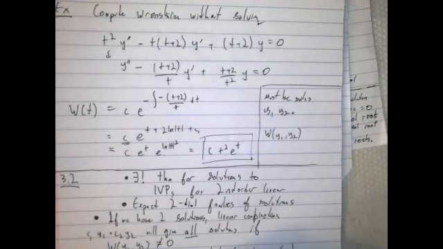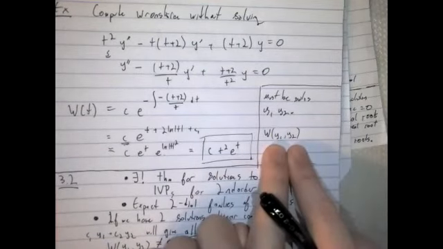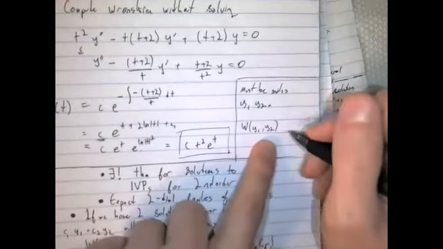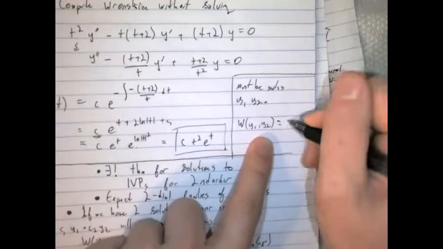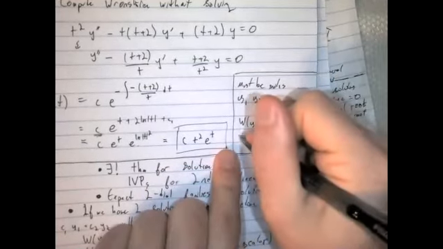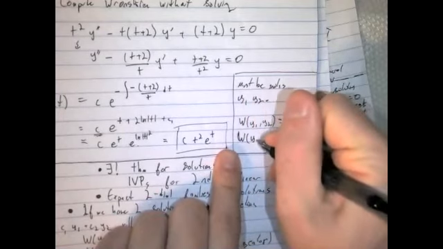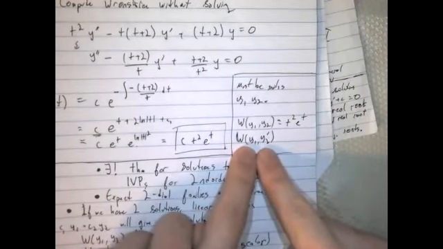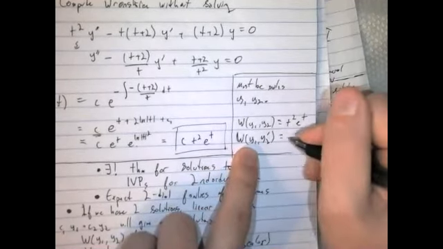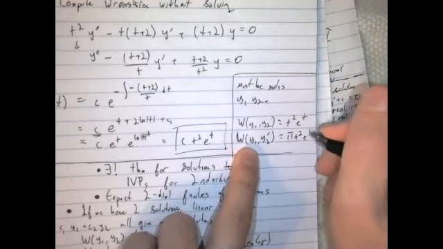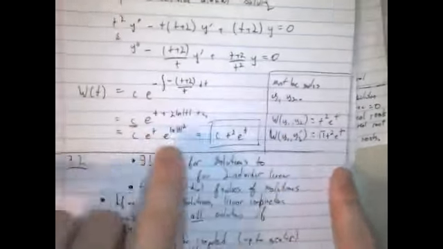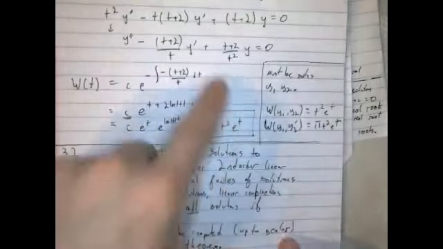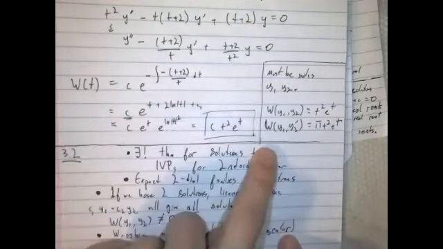But that's dependent on each. Yes, it depends on y1 and y2. And if I take the Wronskian, let's say that there's some Wronskian here, such that w of y1, y2 is equal to t squared e to the t, it's very possible that I can take a y1 and a y2 prime, some different solution, such that these two are still a fundamental set, and now the Wronskian would be like pi t squared e to the t. Like, you'd be able to find solutions, probably not find them explicitly, but what this theorem is telling you, essentially, is that,